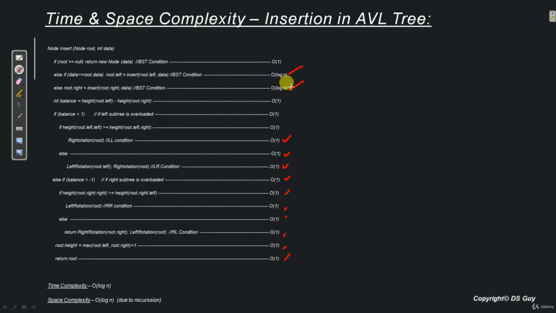Now how are we getting the log n part over here? We have already discussed this in the binary search tree chapter. So if you want to know the details of it, please refer to the binary search tree chapter. We have talked about it in a lot of detail. So if we add all of these time complexities, we get order log n. Similarly, space complexity will be order log n, and that is because of the recursive call over here and the recursive call over here. So with that, we come to the end of the insertion of a node topic of an AVL tree.